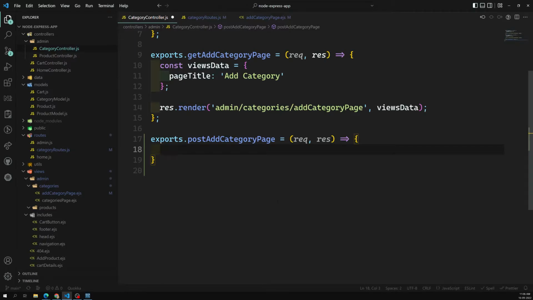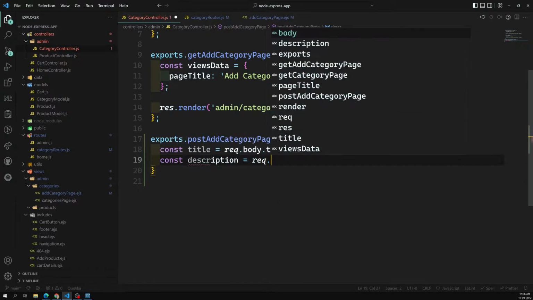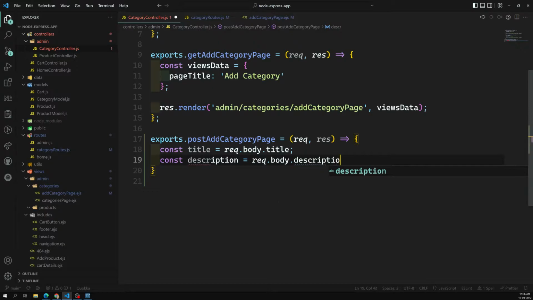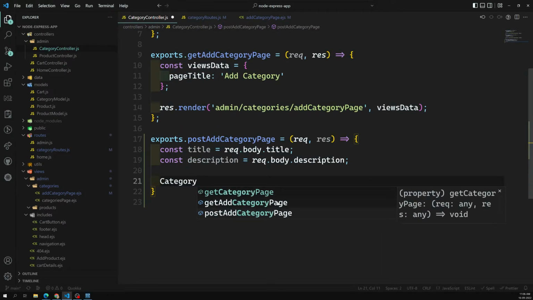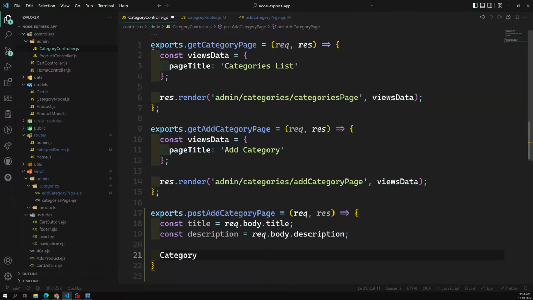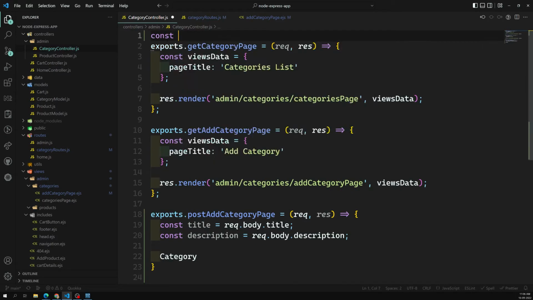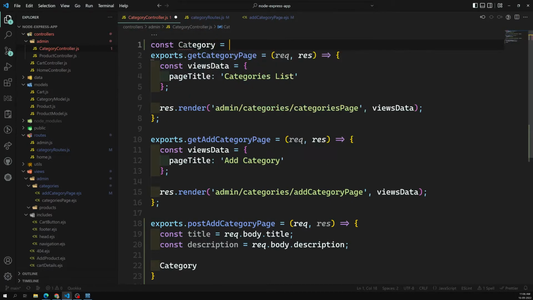So here we'll be having constant title is equal to request.body.title. We'll get the title and we'll get the description, request.body.description. Now we need to submit this title and description to the category table. We have two methods we know, using build and save and also using the create method. So here let's import the category model. Constant category is equal to require